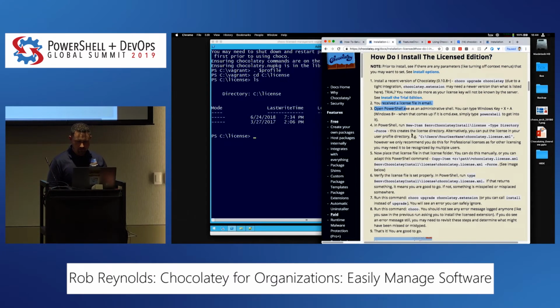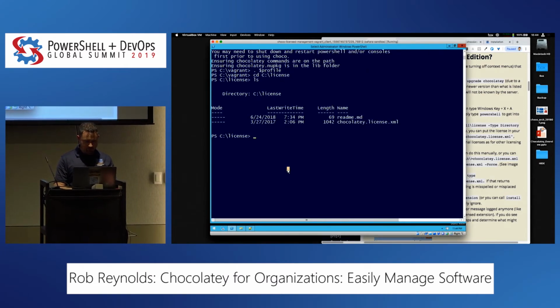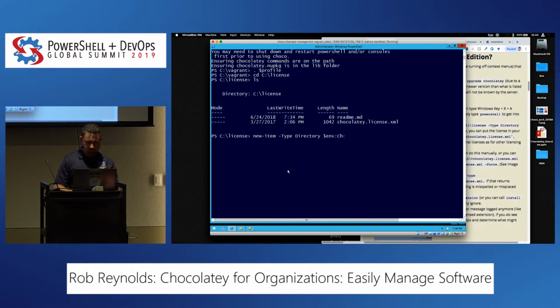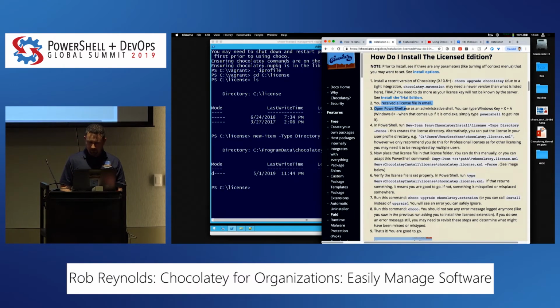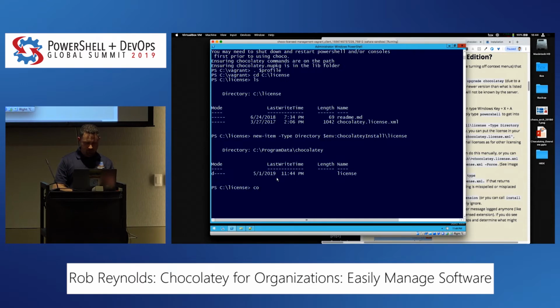So what we're going to do is run that command to create that directory, New-Item, type directory. Hopefully this is already set. Sweet. And then the next step, we're going to want to copy that license into that folder, so that gives us that first step in getting licensed. So if we go Copy-Item,